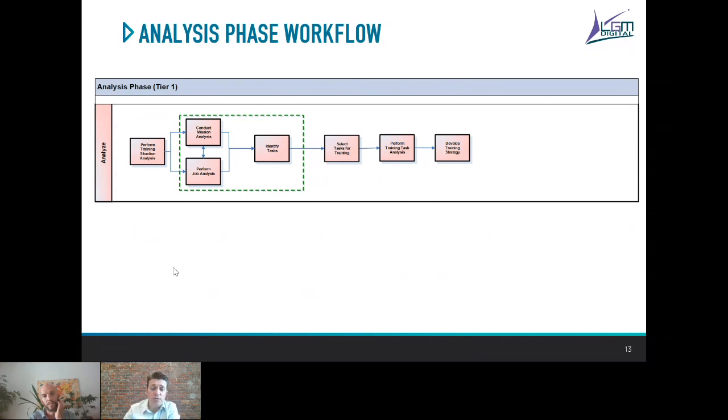And related to this change, what is the mission of this organization, and what will be the jobs, what will be the roles who will be in charge of performing this mission? And in those jobs, in those roles, they have tasks to fulfill. They have tasks to execute. We will identify those tasks and select the tasks which are candidates for the training, the tasks which are impacted by, for example, this evolution, introduction of a new aircraft.